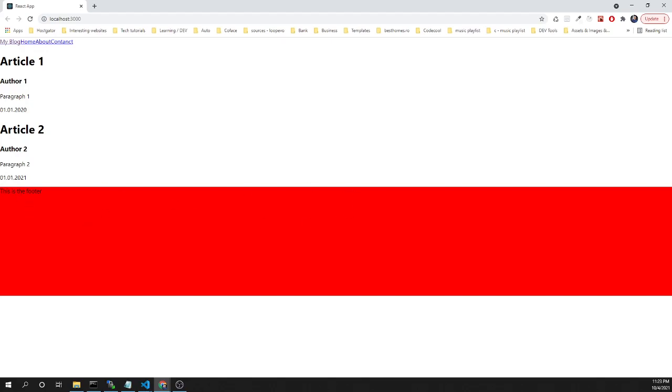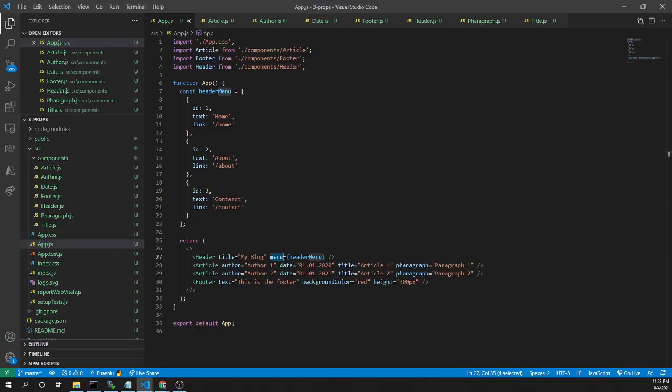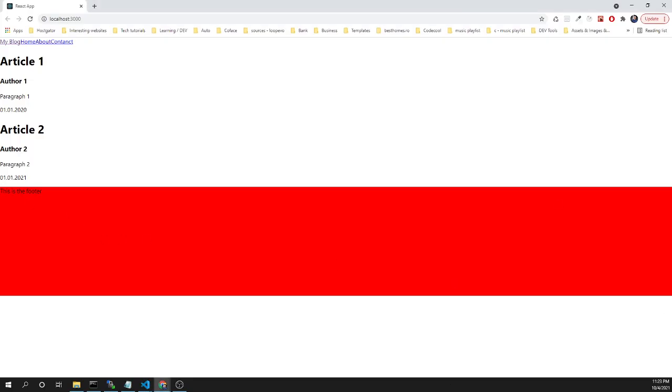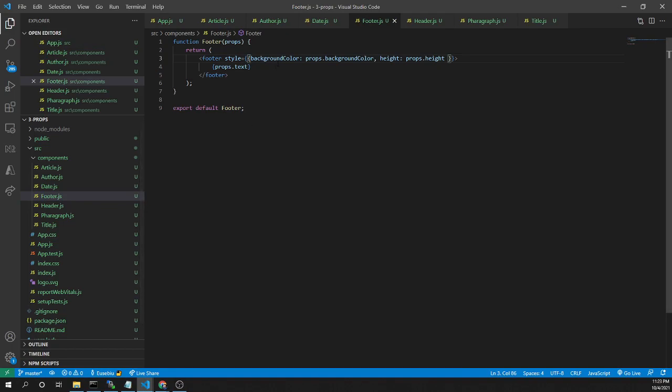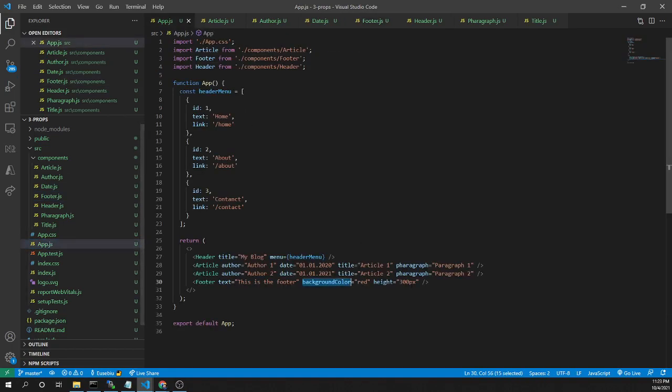The footer looks like this because I added the text property here, so we can see here the text. Also, I added the background color, which is used here. Background color is the background color sent here, and also we add a height.